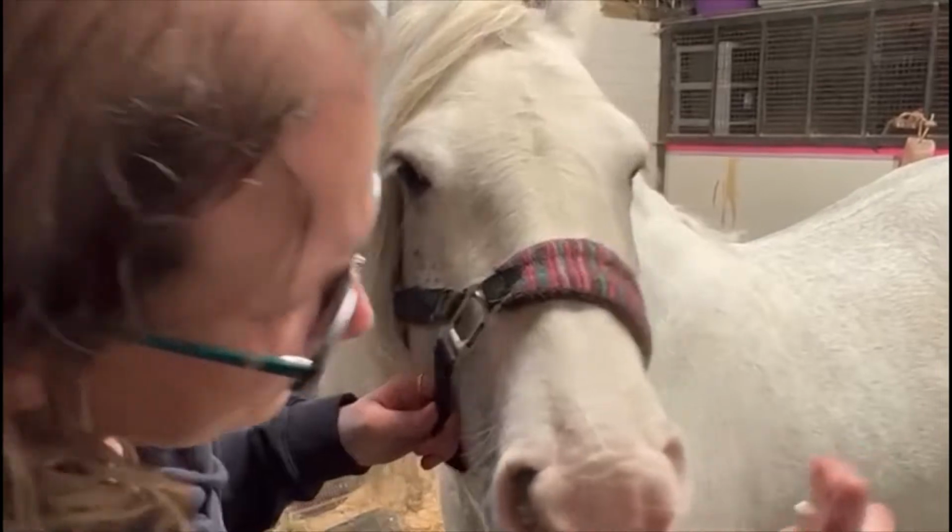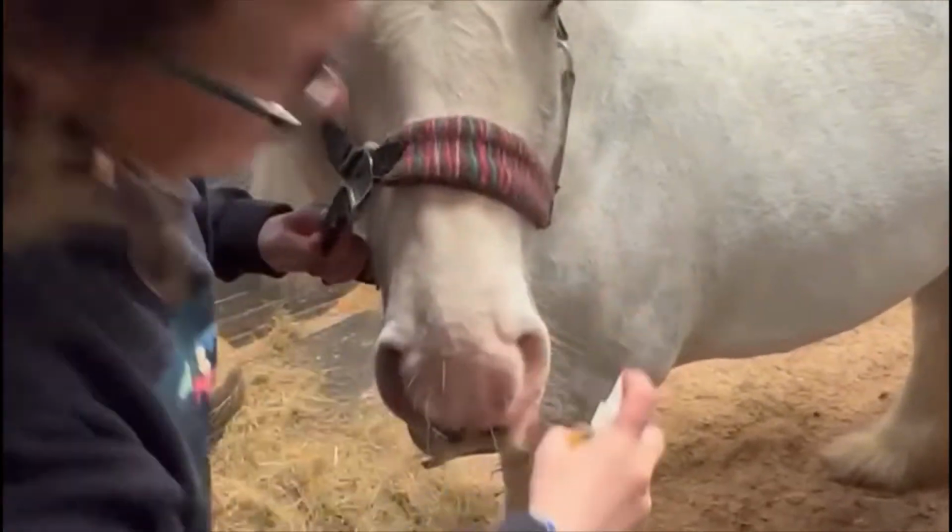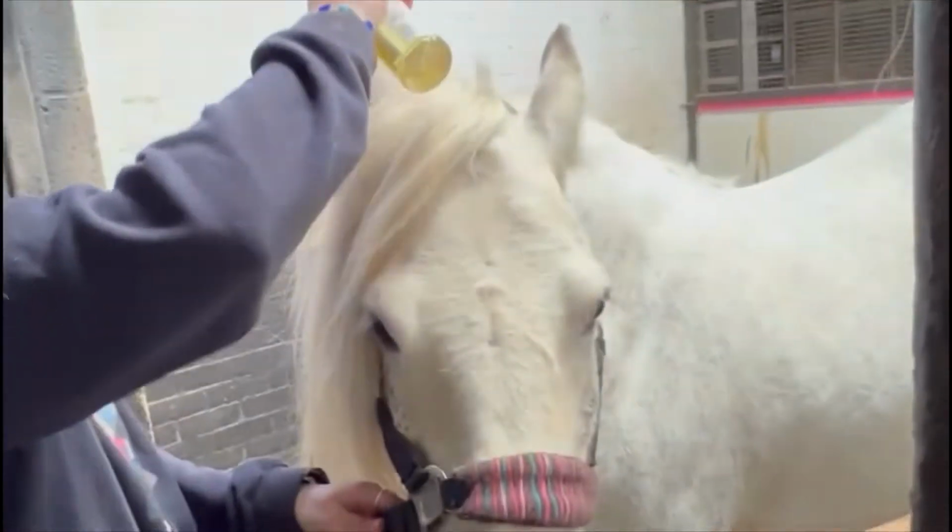So she is very good. She just lets it be sprayed on. This is the best one I found for Daisy, because it's a water resistant application one, and we just do her ears